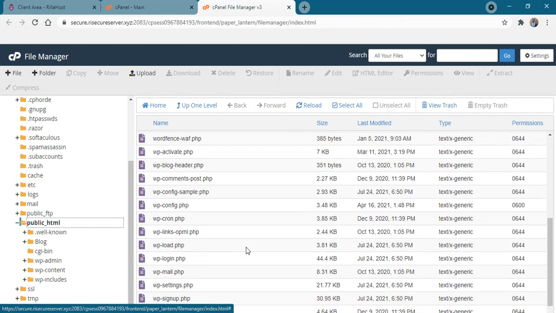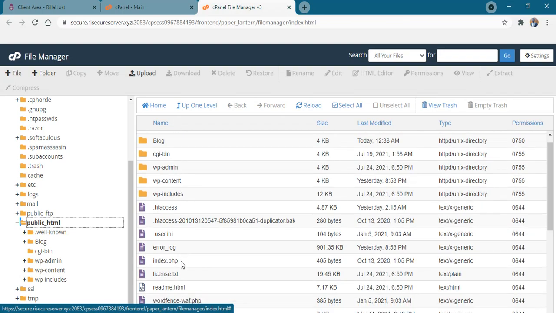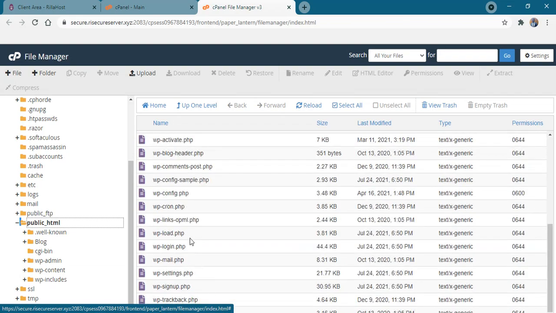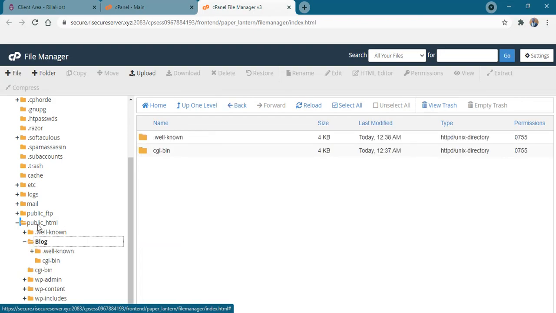And these contents are for ninedigitalservices.com. So we are not going to mess around here. These contents are for a live website. Now that this is a subdomain, if we want to create a blog and we want to transfer all the content of that blog to this blog subdomain, what we do is to click on that blog instead of directly clicking on that public HTML.